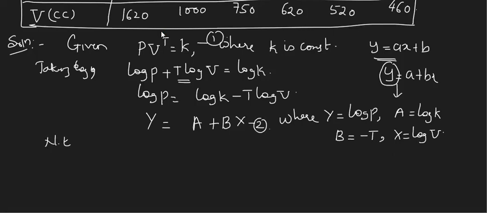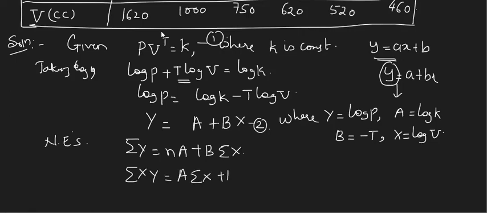Now the normal equations you can easily tell. But if I write like a plus bx equal to y, and ask, maybe some students may not follow. What they did, they have converted to a similar format, which concept you are already aware of. That is the reason. Summation y is n a plus b into summation x. Then one more, summation xy is equal to a into summation x plus b into summation x square.